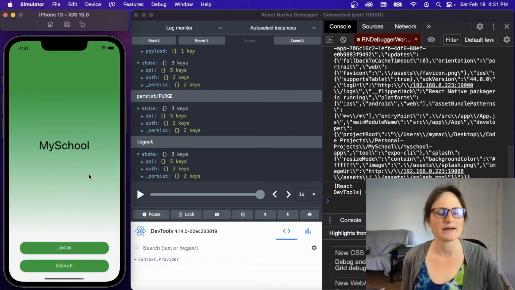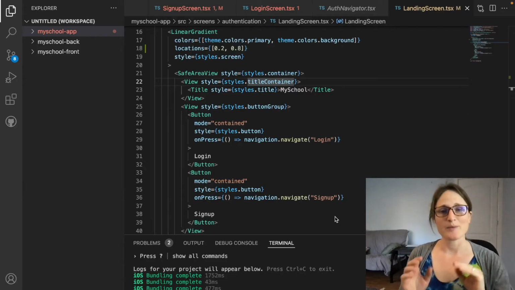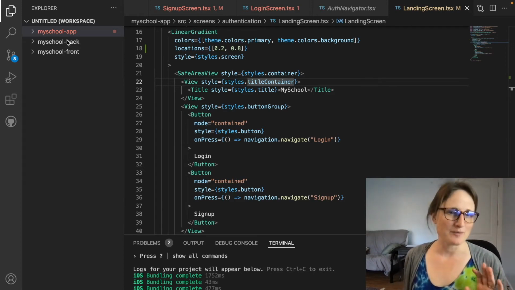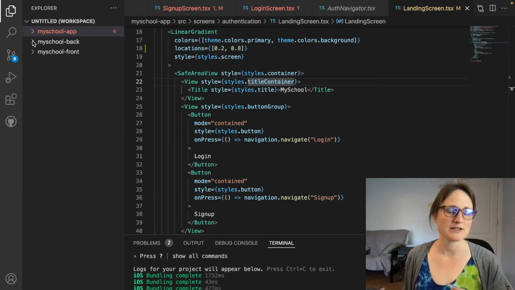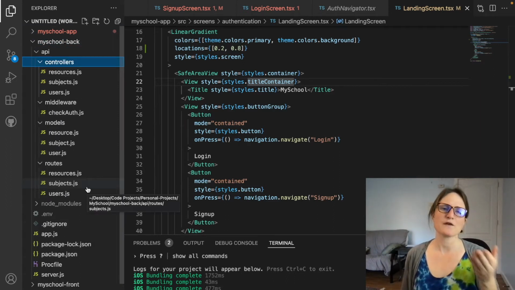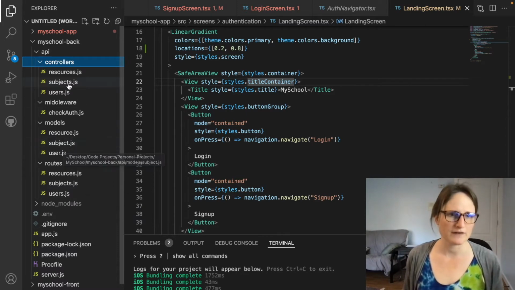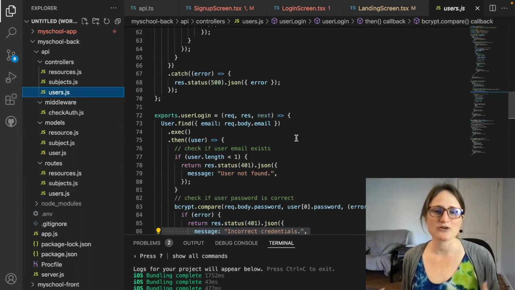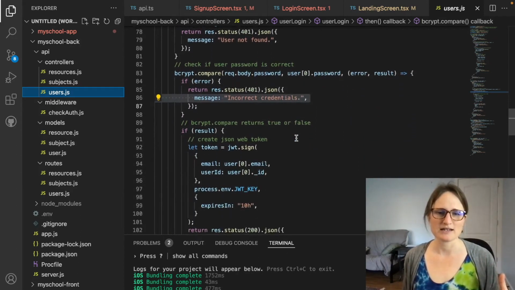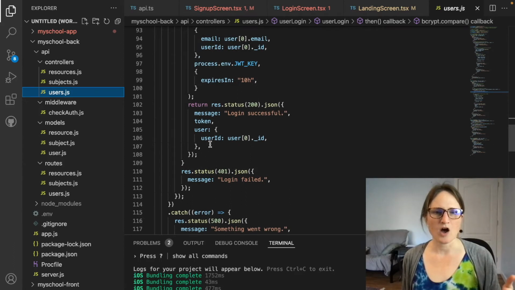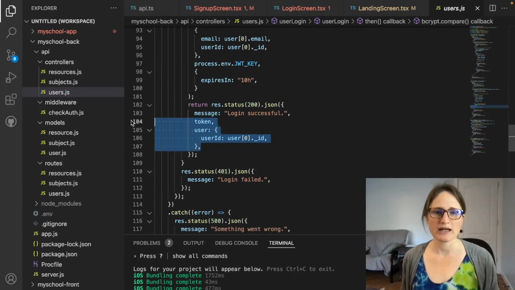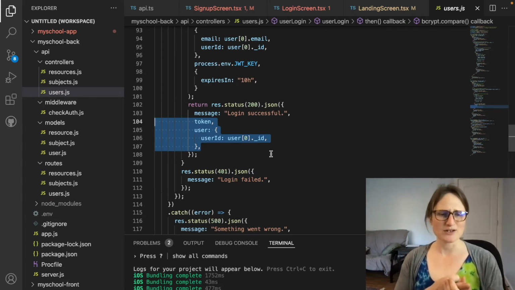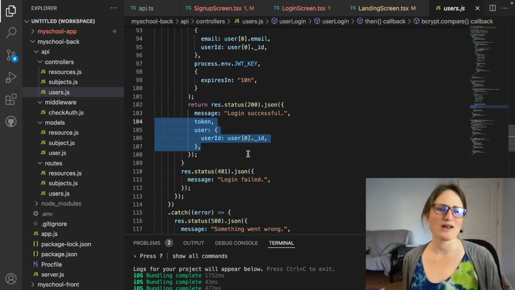So planning on that. In addition to my work on the app, I actually did some work on the back end, believe it or not. Here I have my school app, my school front, my school back. A few things I wanted to change. For example, I mentioned in an earlier video that I didn't want to return the user's password when they logged in. Even though it's encrypted, it's still not good practice. So like login, all I'm returning is the token and the user ID now. I was returning the user's first and last name and their password, and nope, all I need is the token